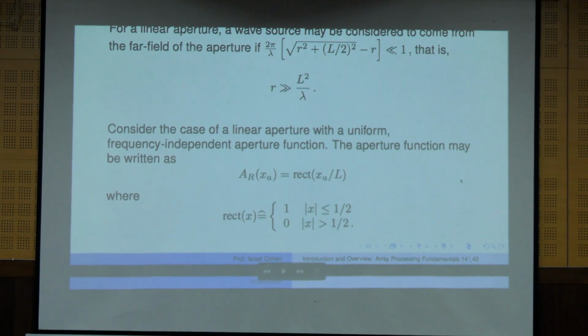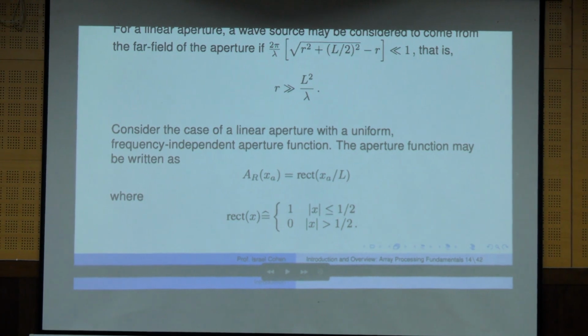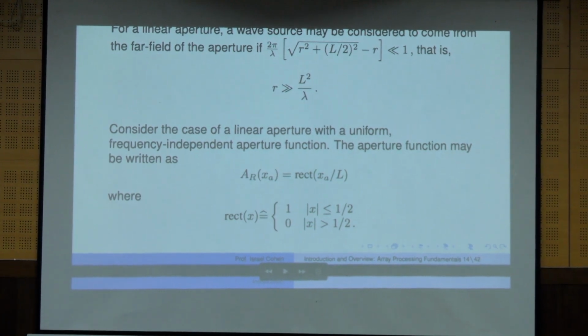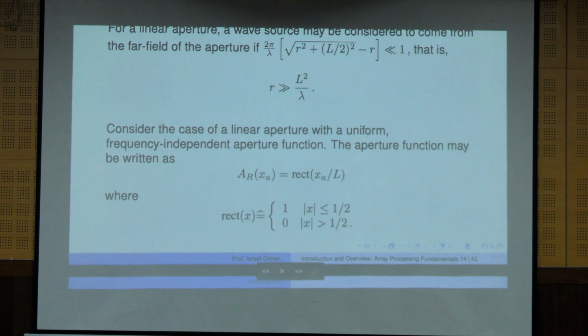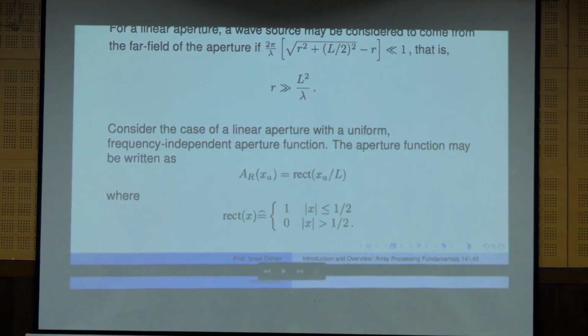What about the speed? How do we know the speed of the target? Doppler. What does it mean, Doppler? So we transmit a signal with a certain frequency, and because of the speed of the target, we receive it with a different frequency, depending on the speed